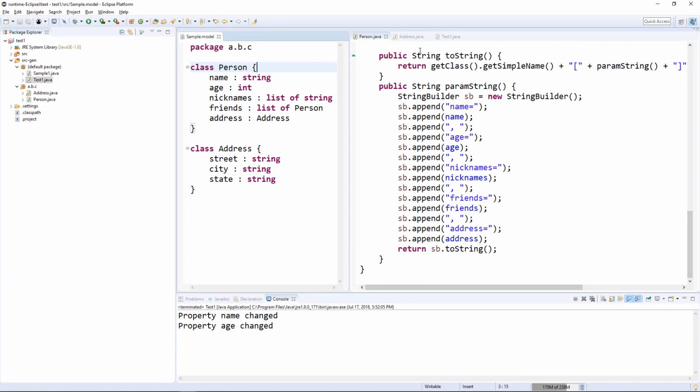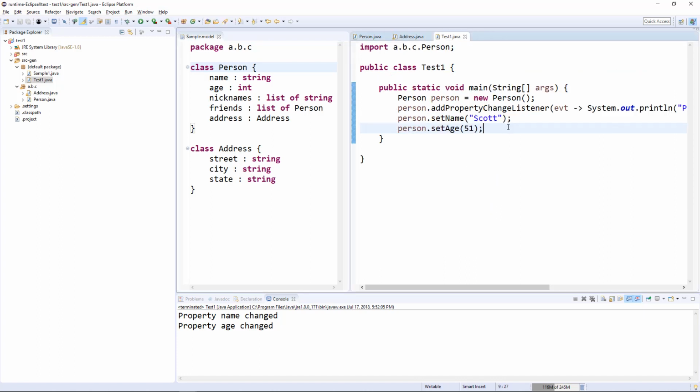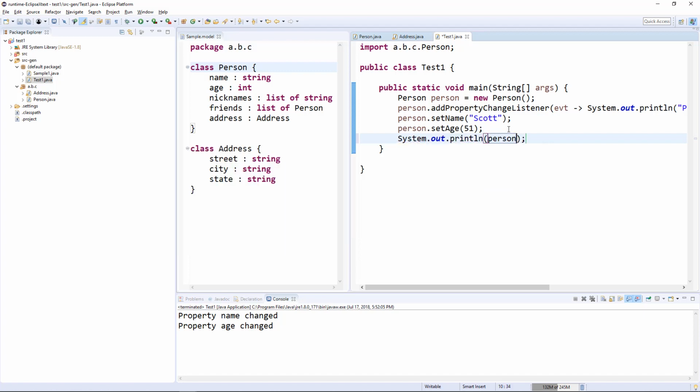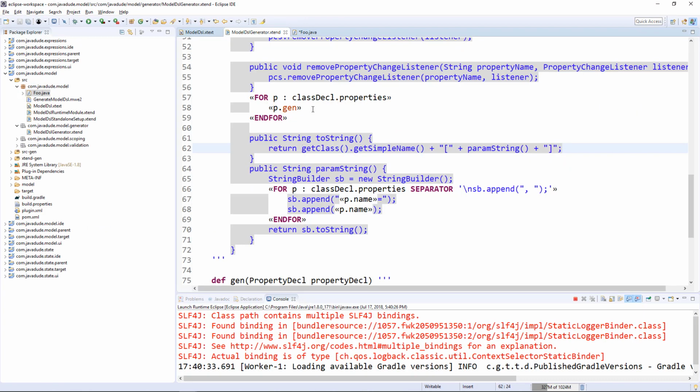Let's just make sure this works. Let's go to my little tester and have it do a print of person. Boom, and there we go. So that seemed to come out just fine. Make sense? Okay, so now let's go ahead and generate the